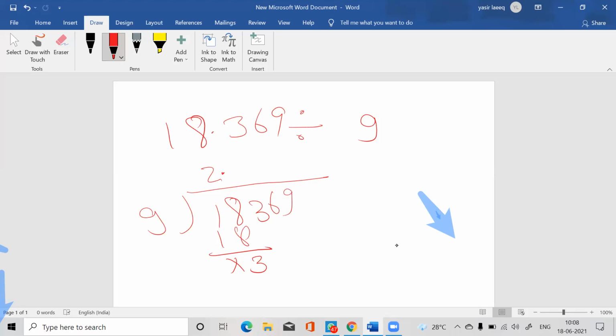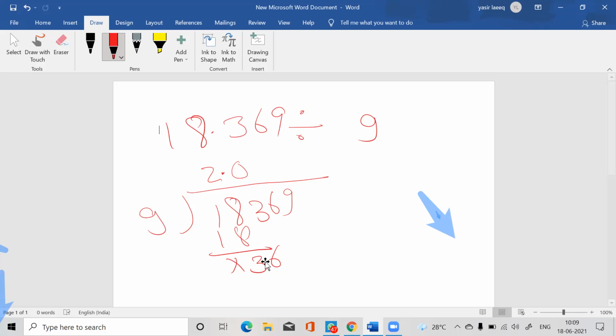Yes, and sir, I want to. Okay, and put 0. Sir, I also understood it. Yes, beta. But we can take this 0 also. Why have we taken this 0? I am taking this 0 because I have to bring this downward. This 3 is less than 9, so it is important to put the decimal in this question also. Beta, this is what we are doing. No problem. Yes, beta. Who is this?